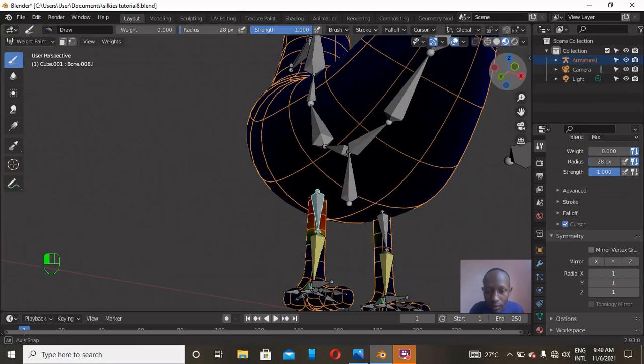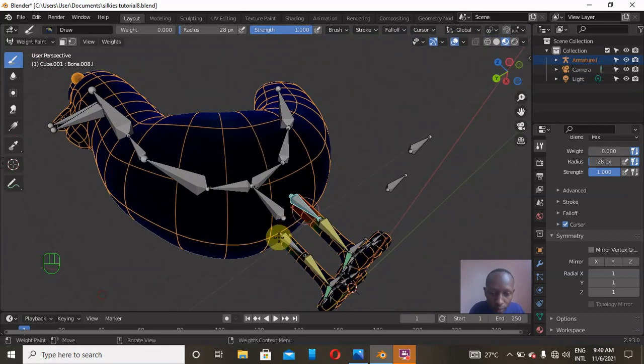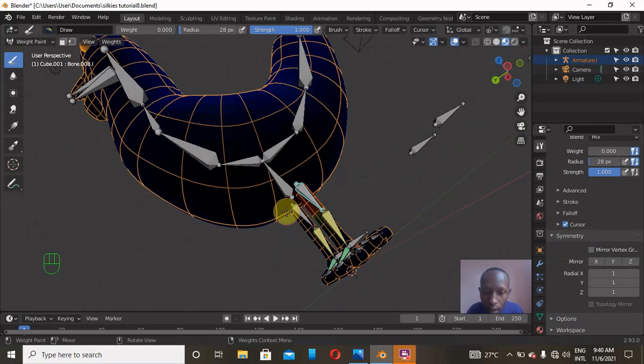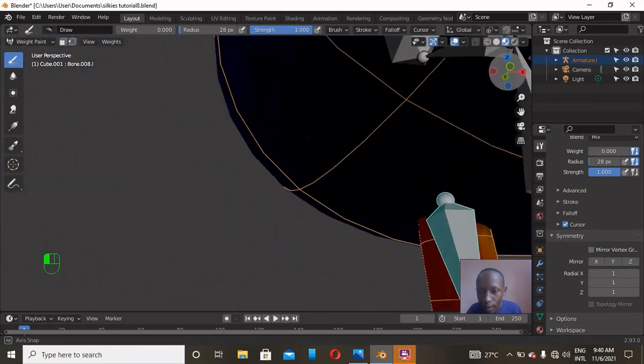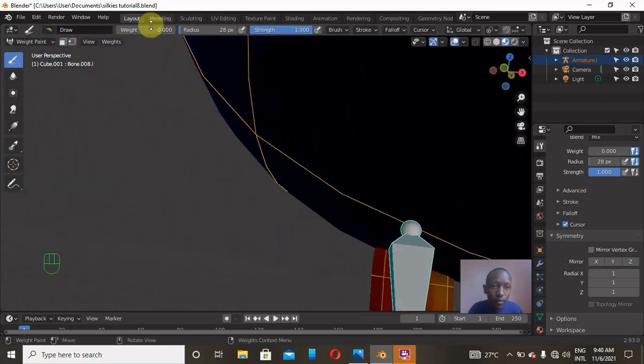So in case you have that issue, you make sure that you go to that place and remove the symmetry. But in case you need the symmetry, you just go to this place, click on this, and you go to this place written symmetry. Yeah, and this bone should affect 1. It's okay, it's now affecting in almost a nice way.